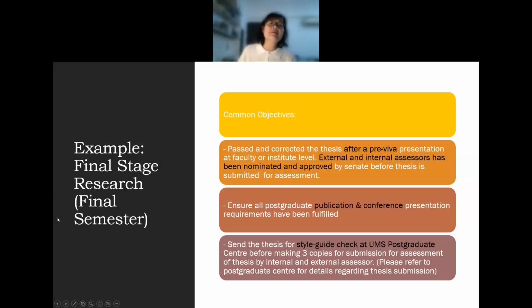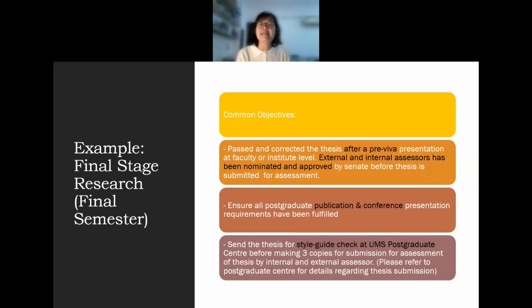Final stage. Once you reach the final stage of your research, your final semester, then you have to present in a pre-viva. Before the real test, you have a pre-test in front of your supervisor and 2 colleagues who are experts in your field. You have to present like you present in your proposal, but this time your whole thesis is complete, including the findings that are missing in the proposal. In proposal, you have everything until scope. But in pre-viva, you must have your findings inside. What you found in your research.